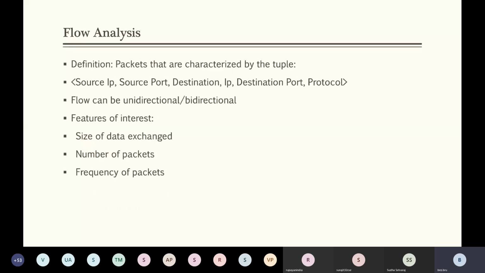The second interesting thing: packet analysis is usually done when we look at one packet at a time, but we would also like to do flow analysis, where we talk about a group of packets. This is a common definition, but it's not the standard definition. There is no such standard definition for flow analysis, but this is something I've used most of the time